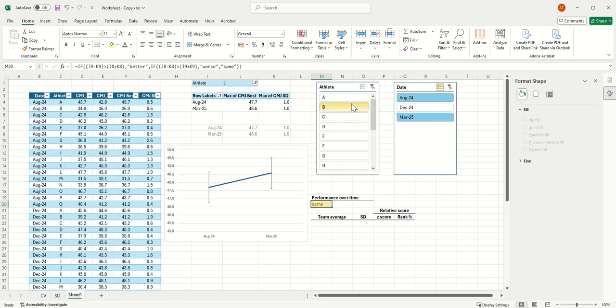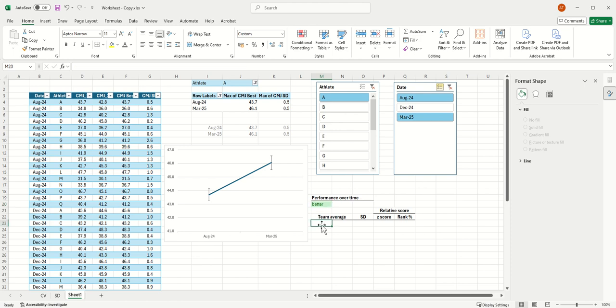So as we start to help provide those descriptors. Now, what we want to do then is provide the reference to the athlete's teammates. So here again, we want to pull on the reference data. So here we go across to here equals that, and this equals this one over here. Great. So what we're going to do then is calculate the team average for that particular date, because we need